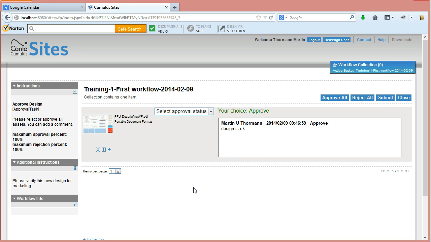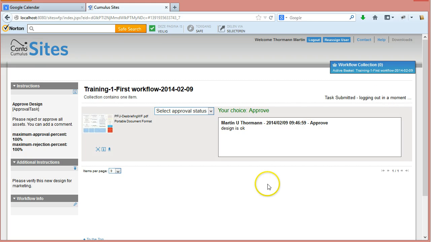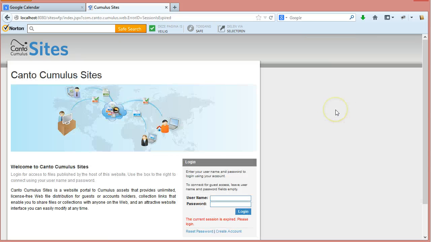If you're not ready to approve, or you still have doubts, you can always say I close and I come back later to finish the job. But in this case, I'm submitting. Again, the backend is checking if everything is properly submitted, and then it automatically logs out. My job is finished. I performed the task that was required, and it will now go to the next task